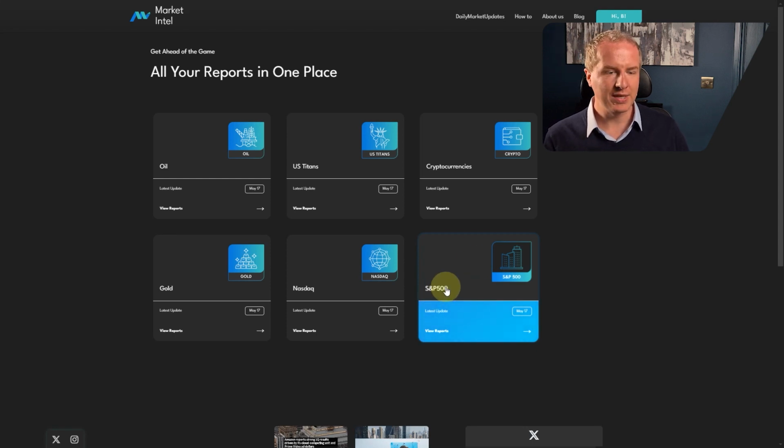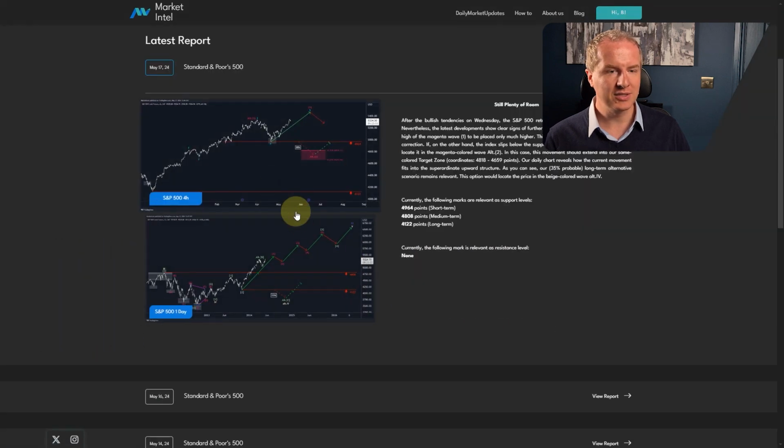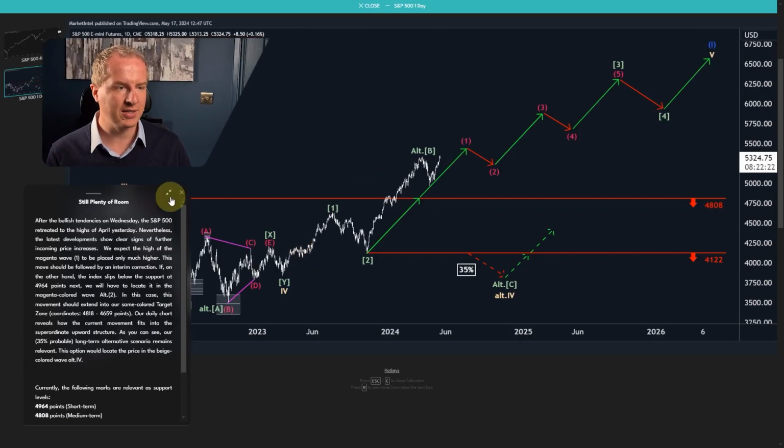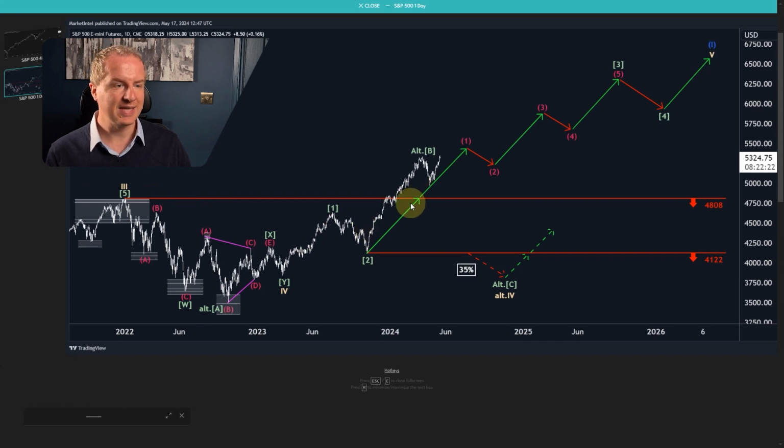So let's carry on with the S&P 500. We click here on the S&P 500 and then you can see the chart. So we click on the 1-day chart, hide the text, and this is the daily chart for the S&P 500. You can see everything that's relevant really from the 2022 lows, where the market really formed a substantial low and then rallied really substantially to new highs in 2023, 2024.